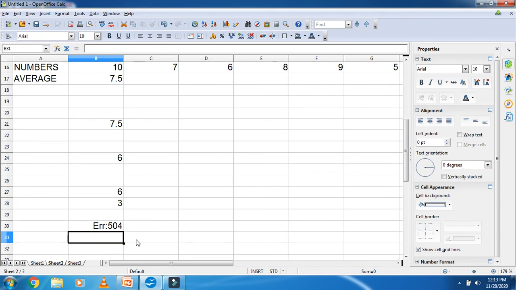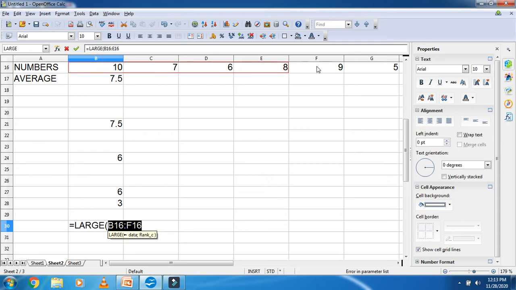Let's see the answer. Equal to large, bracket open, this is the range, semicolon, after that I am writing the largest numeric value, it means the position, right?